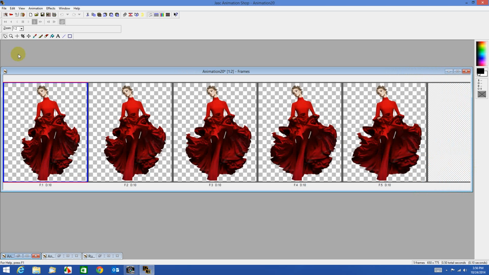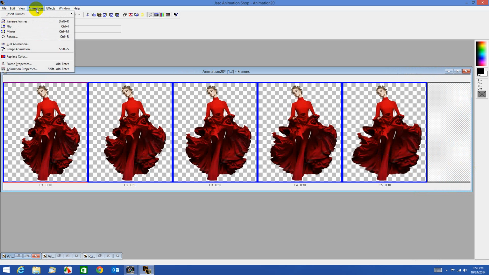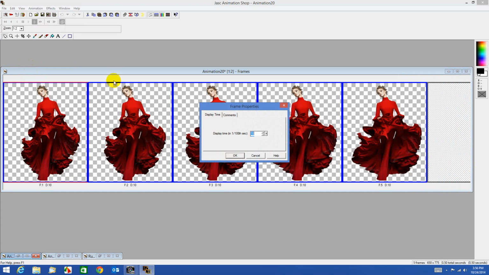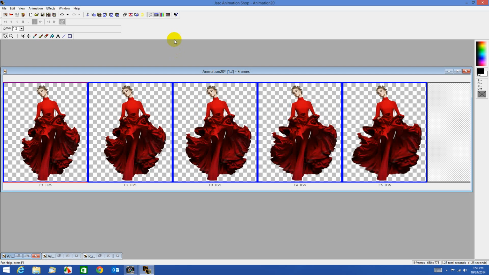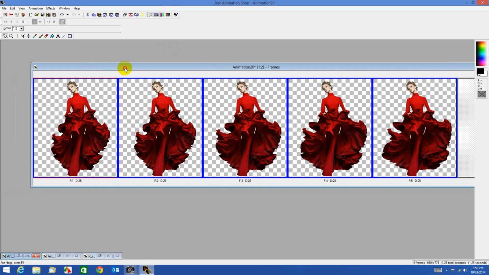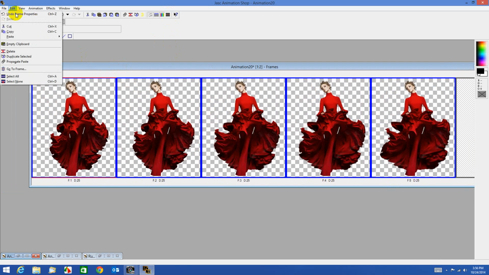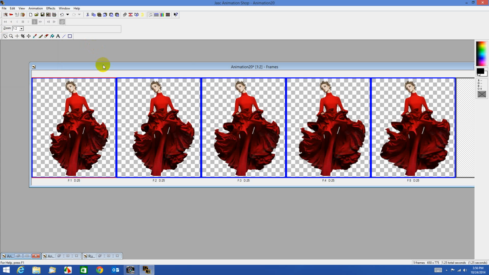I'll go to the first frame, make sure that it's highlighted, go up to Edit, Select All, and then go back up to Animation Shop, Frame Properties, and I'm going to change this to 25. The lower you make the number, the faster it'll work, and the higher, she'll run slower, but I seem to like 25. So we'll go back up now to Edit, Copy, but I like to right click and copy,